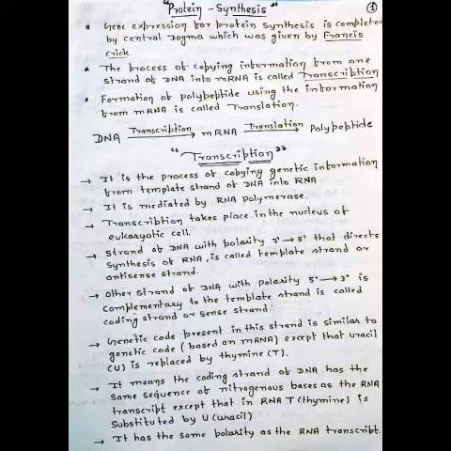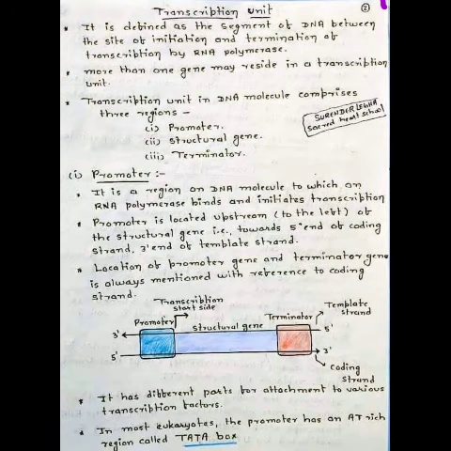The genetic code present in this strand is similar to the genetic code present on the RNA, except for the uracil, because the DNA contains 4 nitrogenous bases: adenine, guanine, cytosine and thymine. But when the DNA is transcribed into the messenger RNA, thymine is replaced by uracil, right? It means that the coding strand of DNA has the same sequence of nitrogenous bases as the messenger RNA. Here it has the same polarity as the RNA transcript.